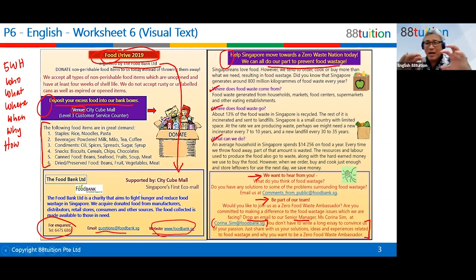So once you have a general idea of how this poster or the graphic text is organized, then we can go on to the questions. Once we read the questions, then we have a rough idea where to look for the answers. So this is a very important part, right?